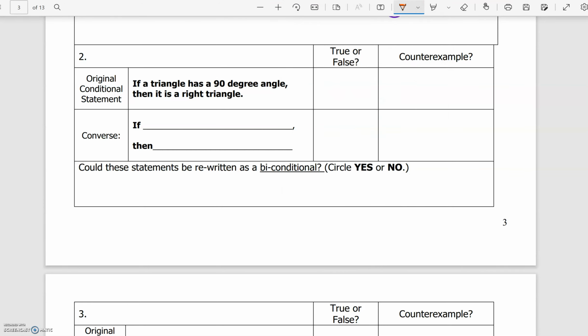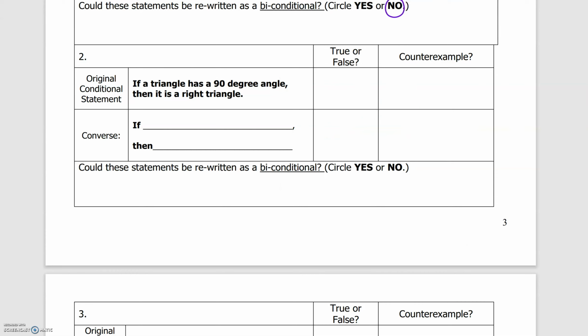So if a triangle has a 90-degree angle, then it is a right triangle. So that would be true. A right angle in a triangle makes it a right triangle. So let's go the other way and put, if a triangle is right, or if it is a right triangle, let's put that. It's hard sometimes to make it sound like proper English. If it is a right triangle, we could just keep it like it says there,